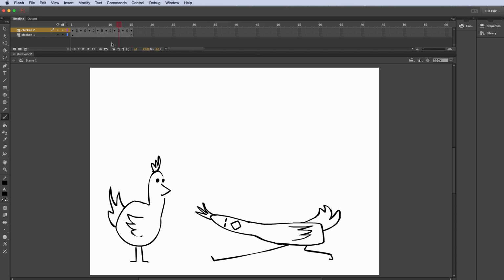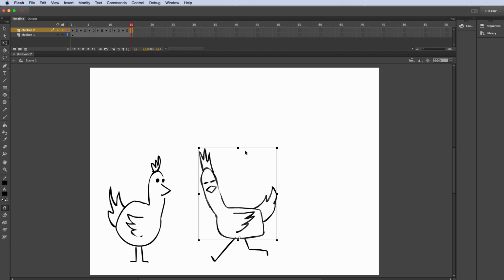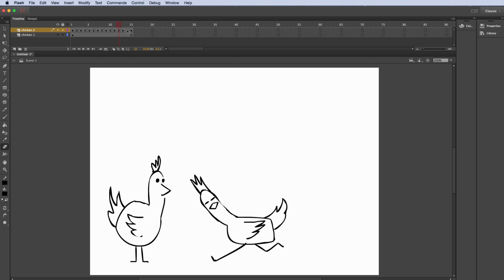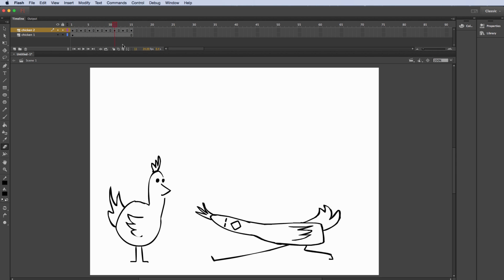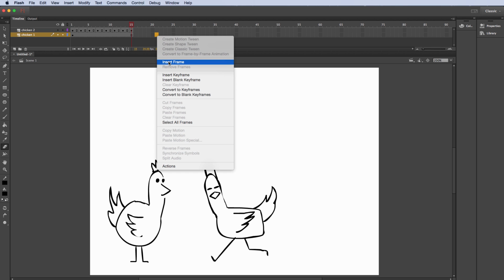All right, so now, let's see, from here to here, I think I want to make his body a little bit more normal. Okay, so I'll hit Q, and let's stretch him up a little bit here. And let's bring the head shape down. So we're slowly getting back to that normal square shape of the body here. All right, so now let's see, I need to extend this out here. So I'm going to go to frame 21, insert a frame here.